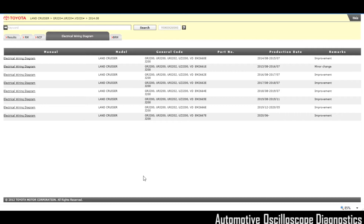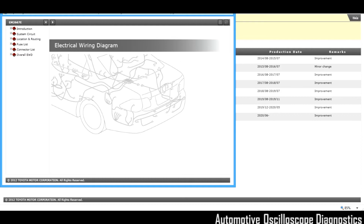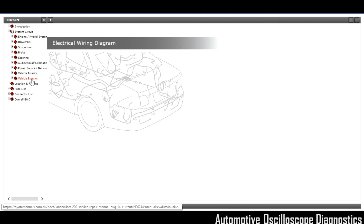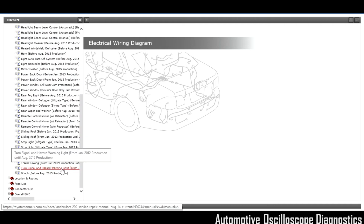Because I have located a water leak on the right hand side of the windscreen, I would now like to have a look at the electrical wiring diagram for a January 2015 Land Cruiser 200 series. So I will select an electrical wiring diagram for a vehicle produced between August 2014 and July 2015. I will select System Circuits, Vehicle Exterior, Turn Signal and Hazard Warning Light,